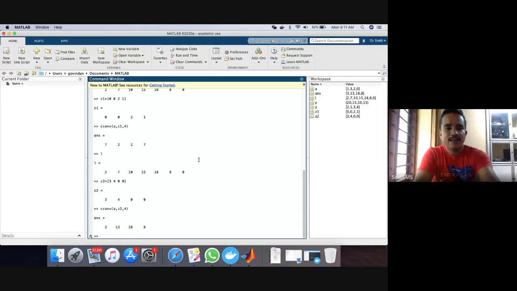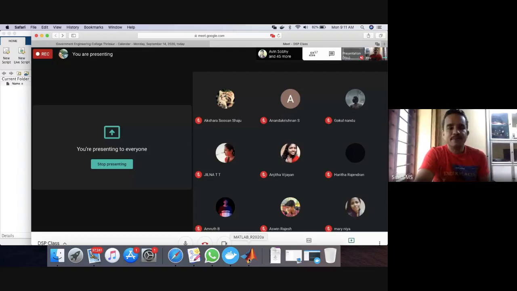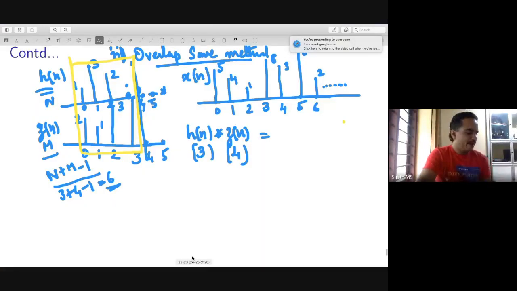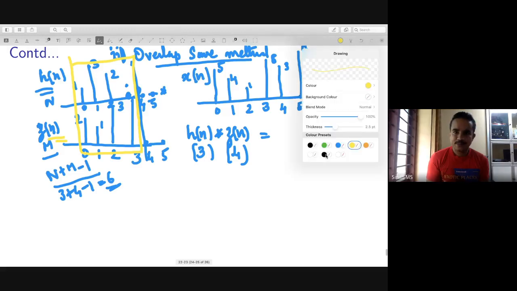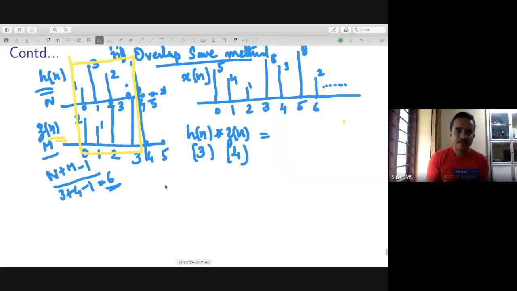So in this way, we can find linear convolution using this circular convolution. For that, what you need to do is first you take, suppose you have Hn Zn like this. Whatever be the size of Zn, normally it will be very large. So what you do is you take first three values of Hn,